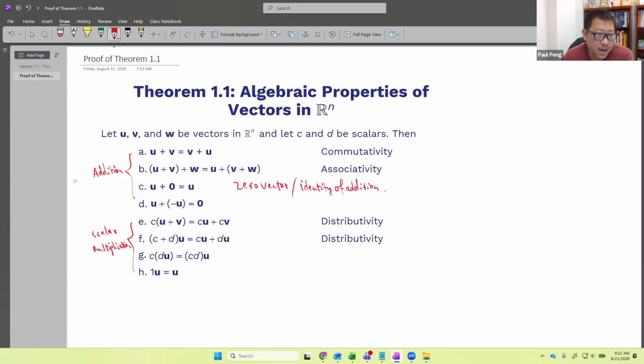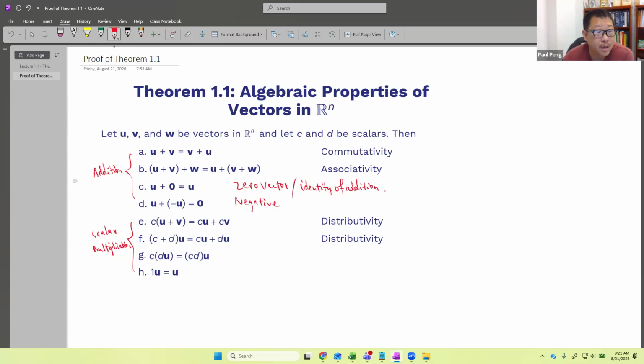D, so u plus negative u equals 0, of course the zero vector, because negative u is the negative vector; we put a negative on each coordinate. So this negative u we usually call the negative vector, which means in the Euclidean space, any vector has a negative vector. E is distributive, where we can distribute a scalar number over the addition of vectors. F is also called distributive. We distribute the vector u onto the sum of